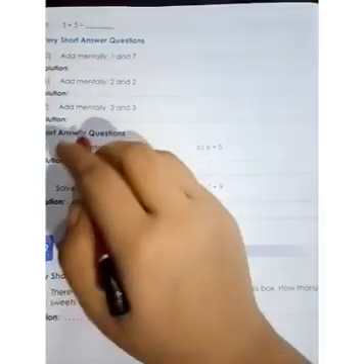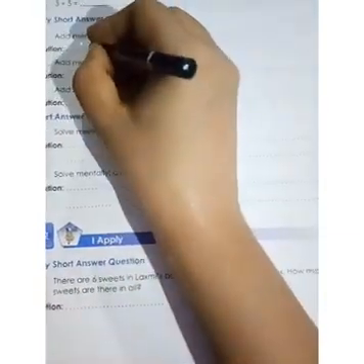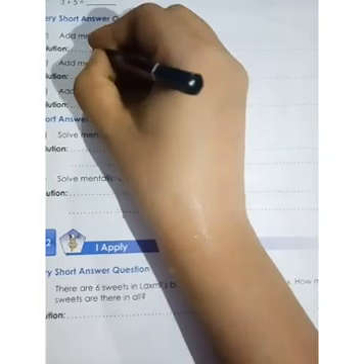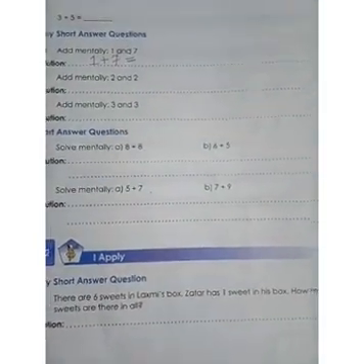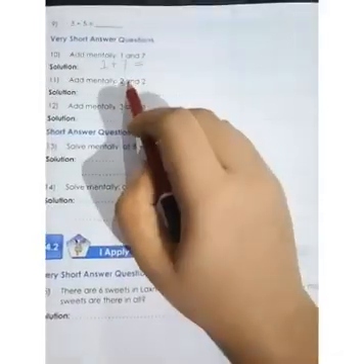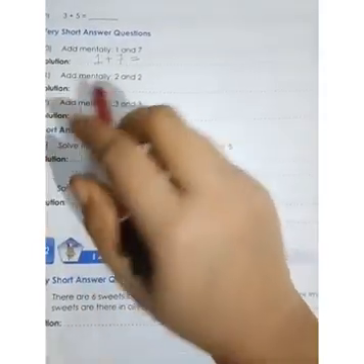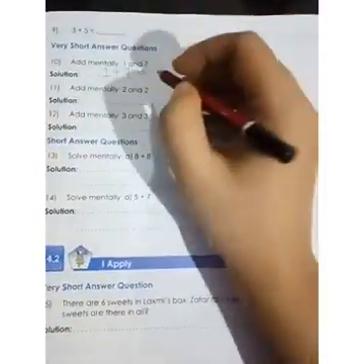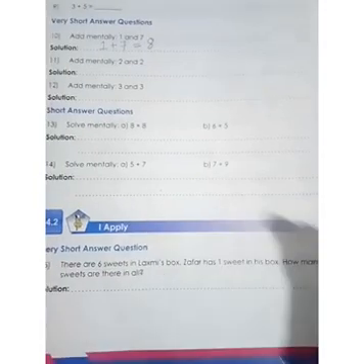Now add mentally. How will you add mentally here? Let us look at the first question. 1 and 7. So I will write here 1 plus 7 equals. Equals means 1 plus 7. What is the value of 1 plus 7? So keeping the bigger number, 7, in mind, how much is there to add? 1. So 7. After 7, what will come? 8. So the answer will become 8. Okay. Similarly, 11, 12, 13 and 14 you do yourself.